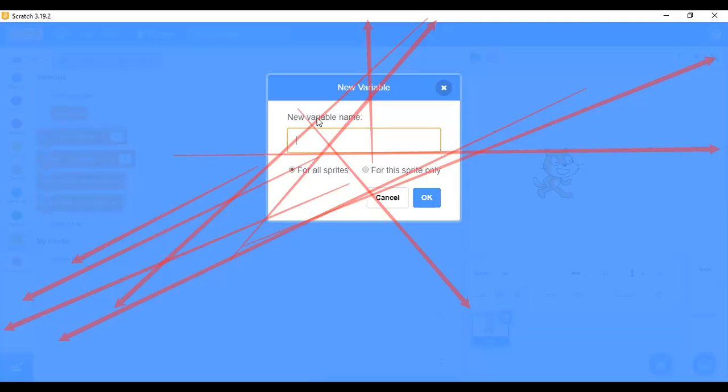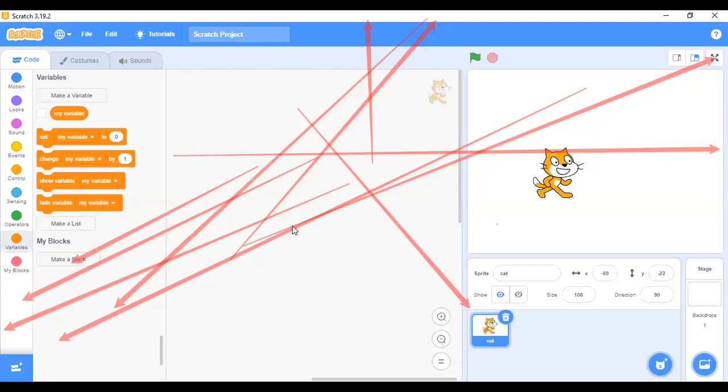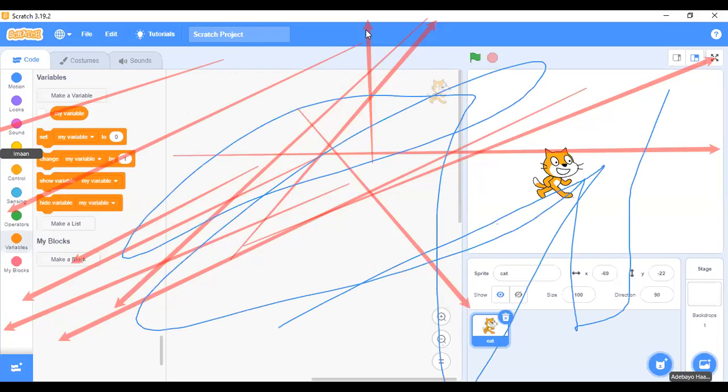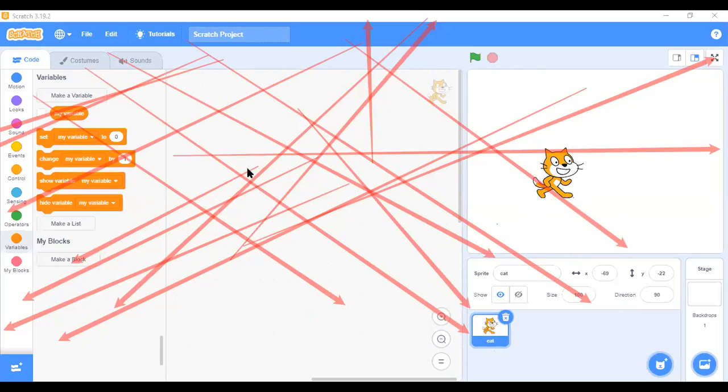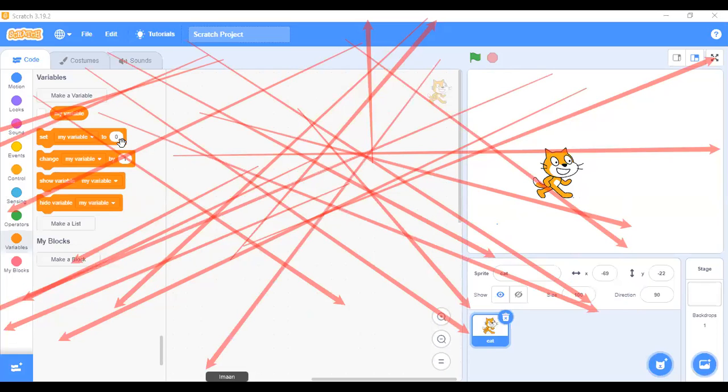Sir, I am not understanding. Okay, let me go back again. If you're not understanding what a variable means, what I'm basically saying is this. I said a variable is an unknown value, an unknown parameter that you don't know. You don't know what it means. Though you may see 0 here, it's not always 0. You can change it to something that you're going to understand later.